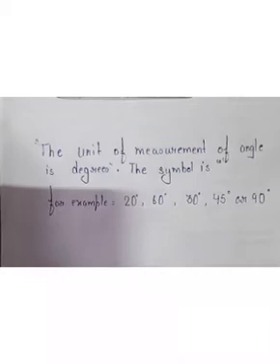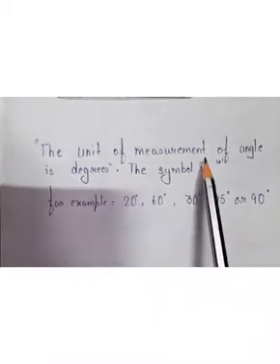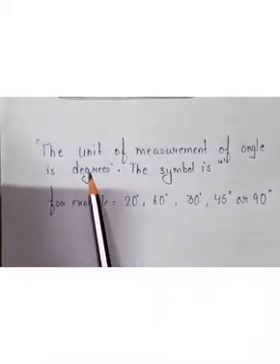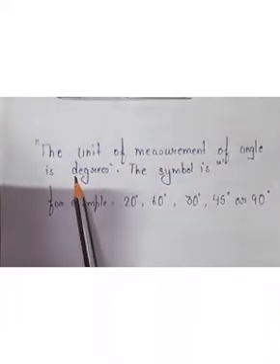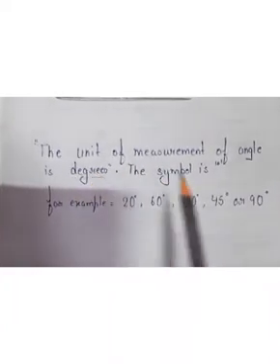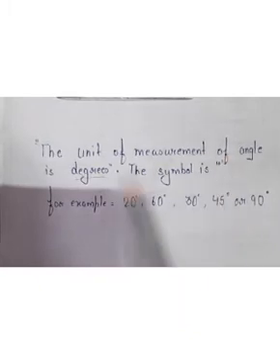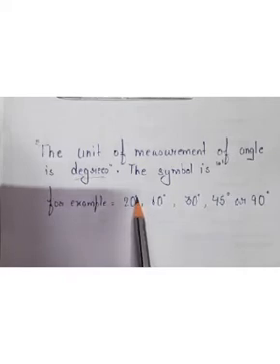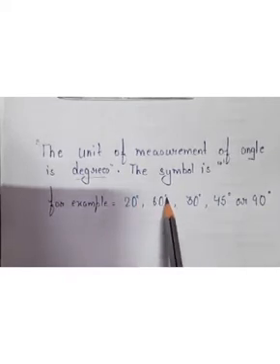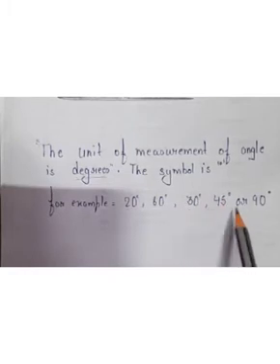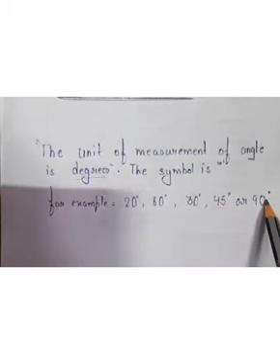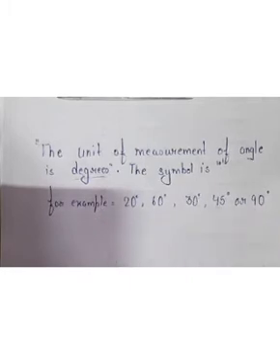Next, the unit of measurement of an angle is the degree. To measure an angle, we use a unit called degree. Now what is its symbol? It's a small knot. Here I have written some examples: 20 and this part is known as the degree, 60 degree, 30 degree, 45 degree and 90 degree. So this is the way of writing an angle. Now we will learn how to measure them. I have drawn one angle over here and I have to measure it.